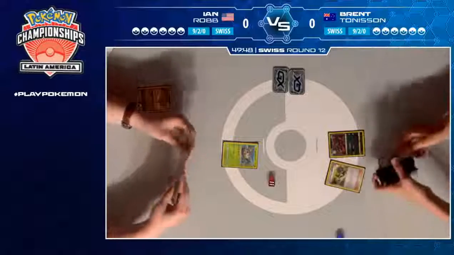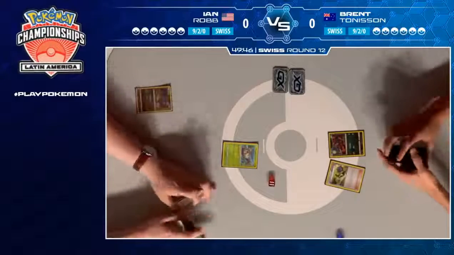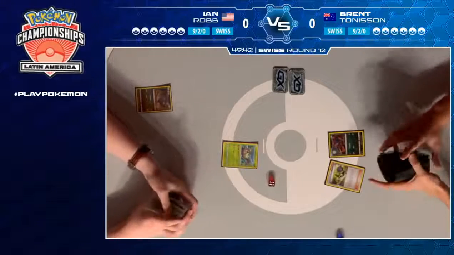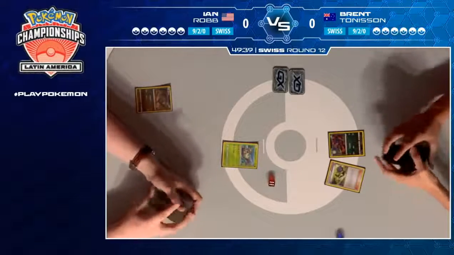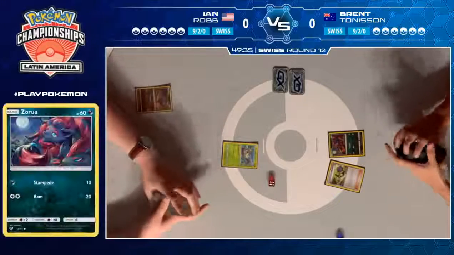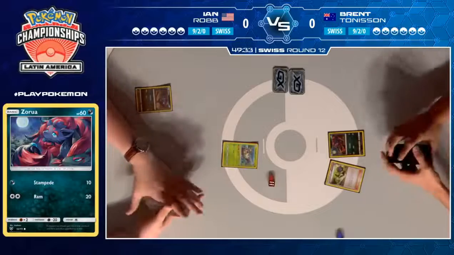First. It is Brent, so he does choose to play that end turn 1, but now what if he doesn't draw any more Zorua or Wimpod? Always a risk. Only has the one active Zorua. However, Ian having those 3 additional cards, starting your game with that many additional cards gives you already such a